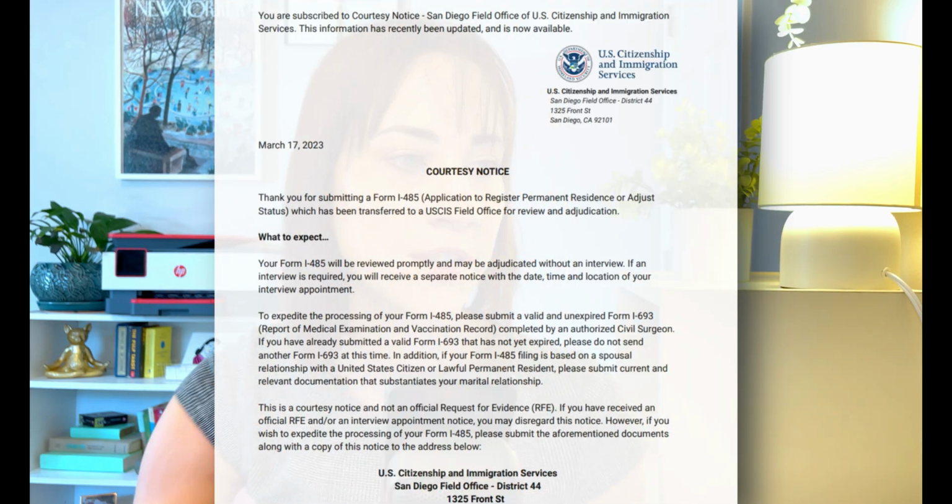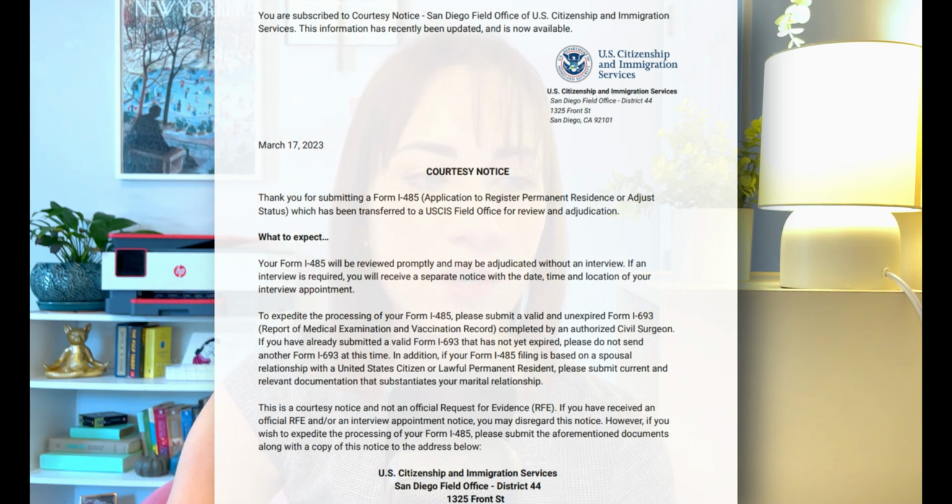So the first courtesy email that I have been seeing, the following: "Thank you for submitting your form I-485 application to register residence or adjust status, which has been transferred to a USCIS Field Office for review and adjudication. What to expect? Your form I-485 will be reviewed promptly, may be adjudicated without an interview. If an interview is required, you will receive a separate notice with the date, time, and location of your interview